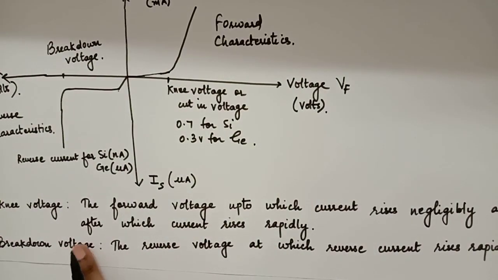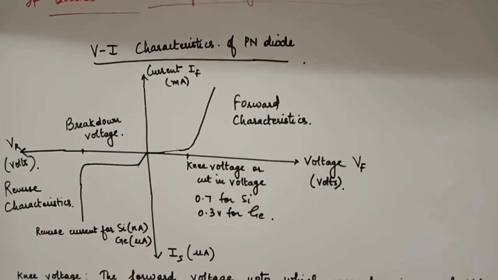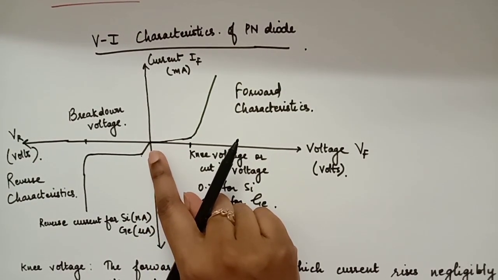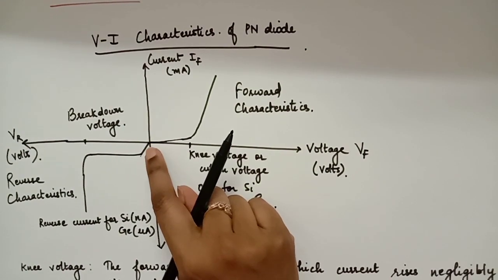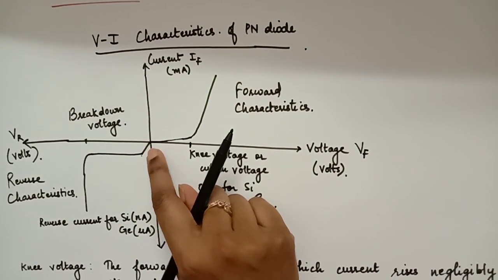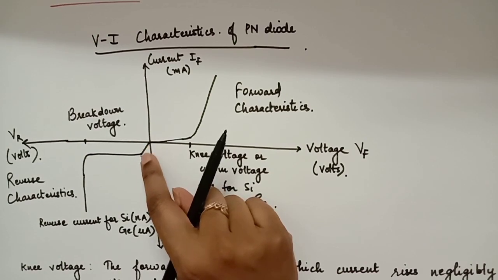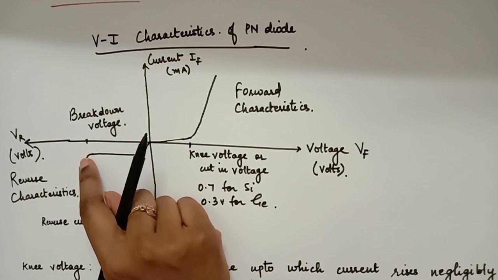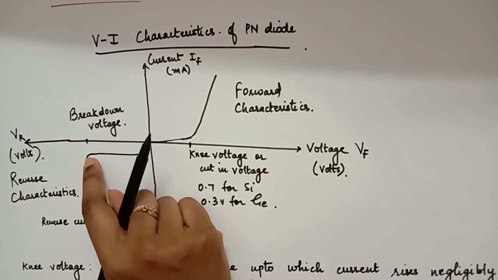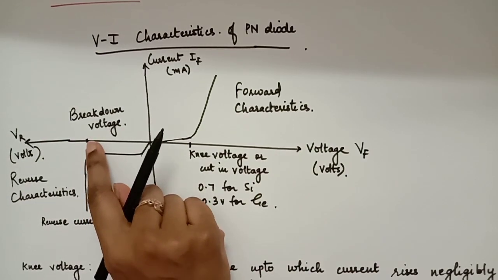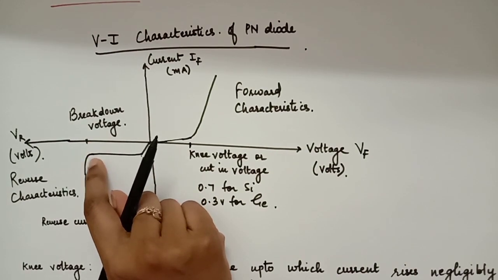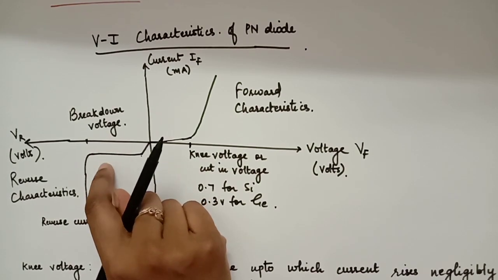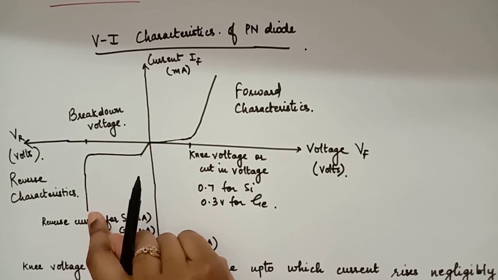Now, when we talk about reverse biasing, we have learnt that in reverse biasing a small reverse saturation current will flow. Why was it called saturation? We learnt in the last lecture that it will attain its maximum value quickly, and then it will become constant with the voltage. But there is a limit to everything. So after a certain value of reverse voltage, the breakdown will occur, that is the depletion layer will collapse, the junction will collapse, and the reverse current will rise rapidly.